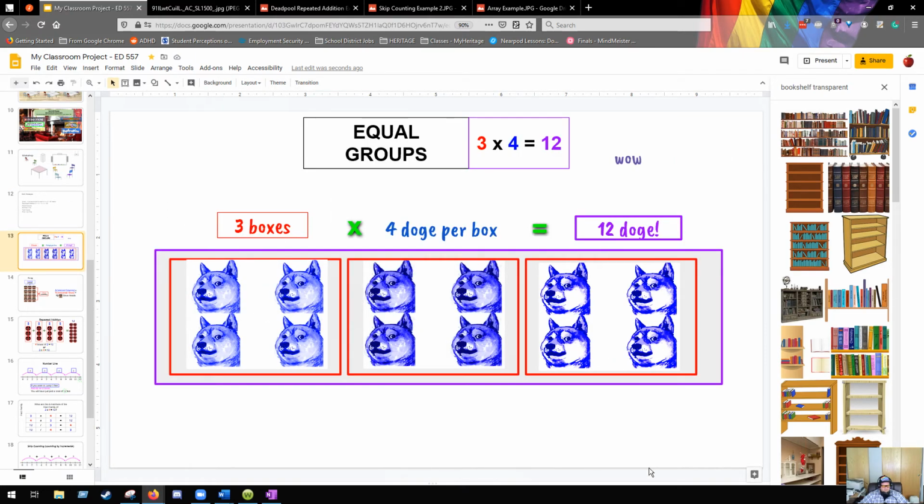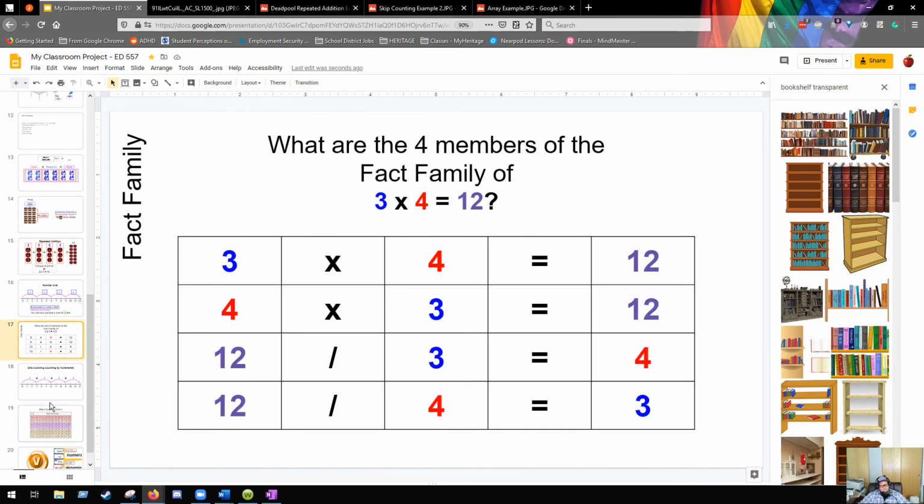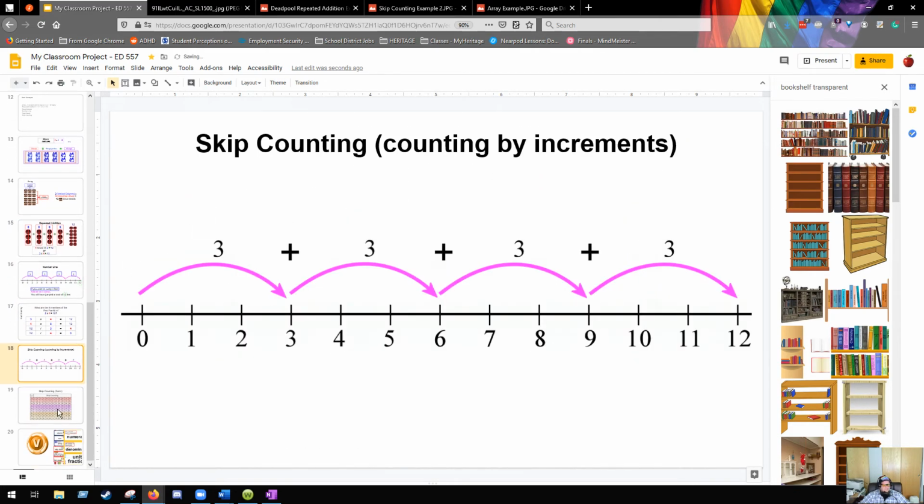So we have the Doge, 4 Doge per box, 12 Doge, 3 boxes, all in red with the red outline. 4 Doge, all the Doge are blue. If you don't know what Doge is, please look it up. You will have a good laugh, probably. And 12 Doge. Or you can go to knowyourmeme.com and look up Doge. Know Your Meme is a great resource for adults who are not in the know. Trust me. Alright, so we have equal groups, and then we have Minecraft Steve, Deadpool, Numberline, Fact Family, Skip Counting